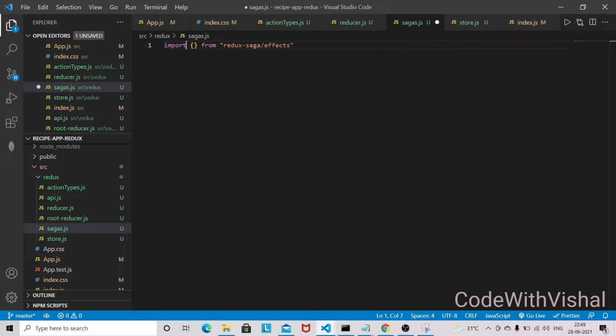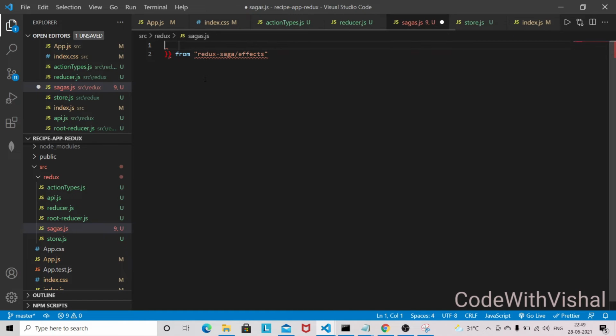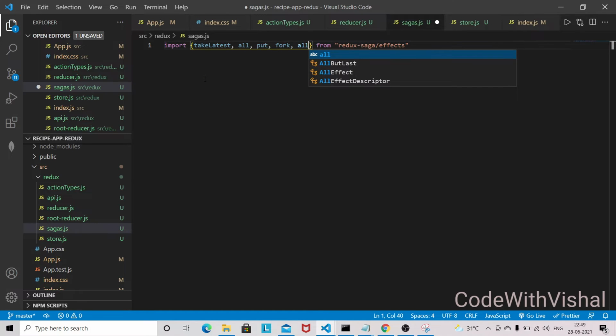From this Redux Saga effects we need takeLatest, all, put, fork, and we need call.